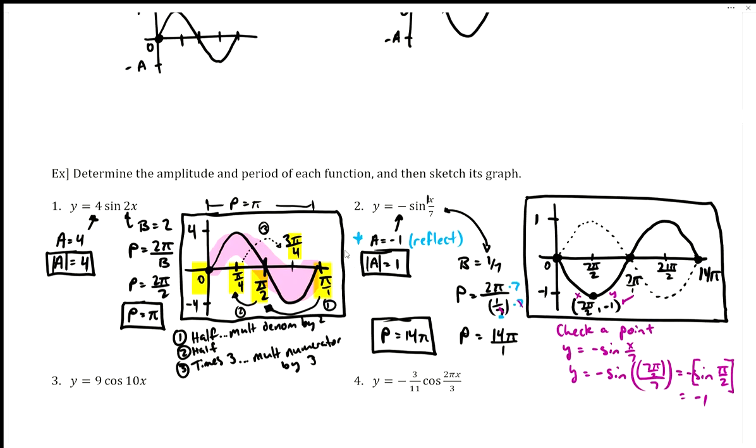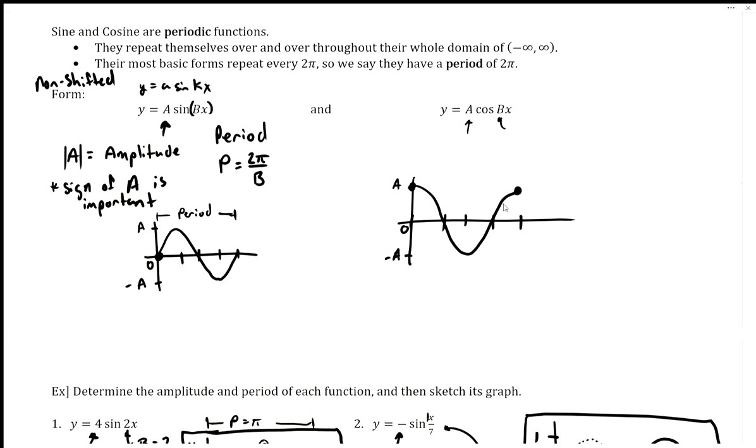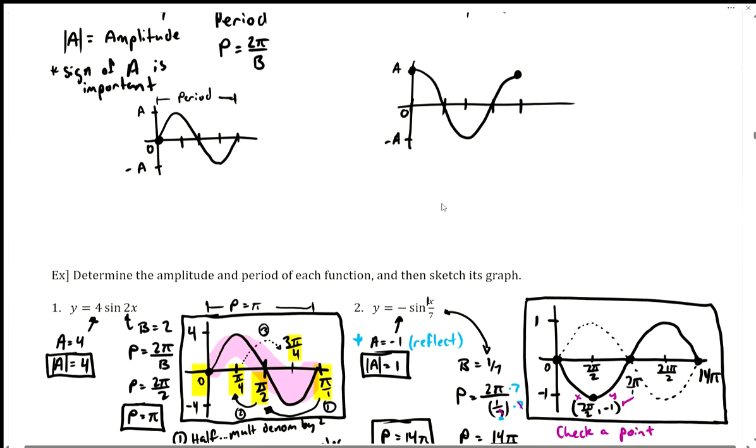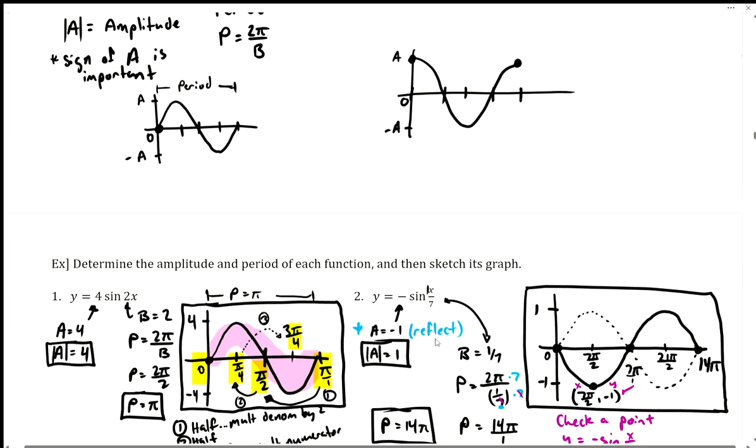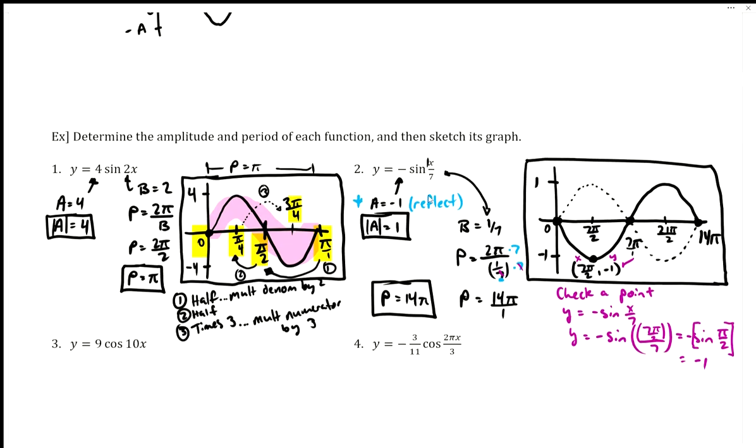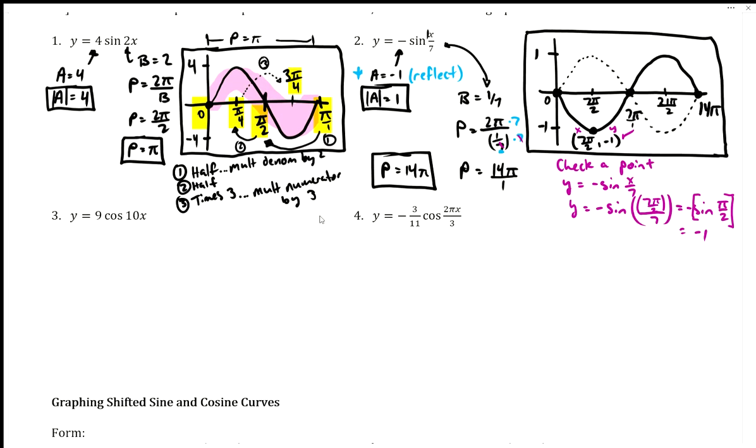So cosine, let's scroll back up. Cosine always looks something like this, and it follows the same process as the sine functions that we did in a previous video. Okay, so we know it looks something like this, and then we'll do our process that's still up above right there. Okay, so for number 3, graphing this y equals 9 cosine of 10x, we would say,